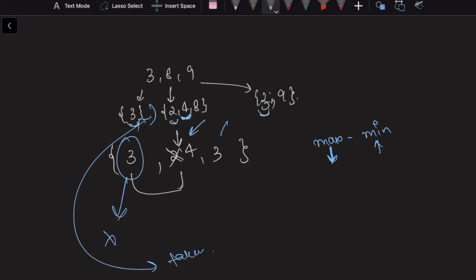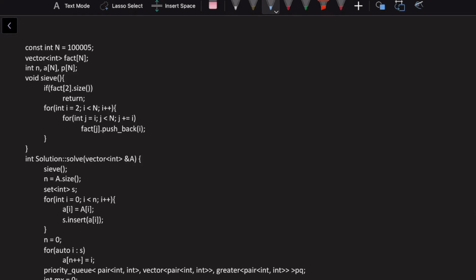So let's look at the solution for this problem now. What we're doing is we are taking the maximum value of n that we can have. We maintained a factors array, an array of arrays, a 2D array, in which we'll store the factor table that we have. That is, all the factors of that number will be stored here.